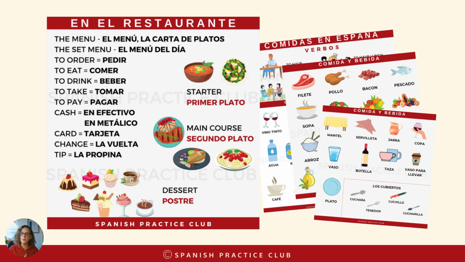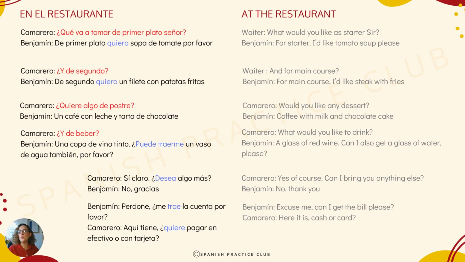So we've got the proper verbs that you can find on the infographics, and they are all regular verbs that you can start learning how to conjugate and say how to have breakfast, how to have lunch, etc., together with the rest of the vocabulary that is going to be really useful for when you are over in Spain and you need to order something at a restaurant or in a